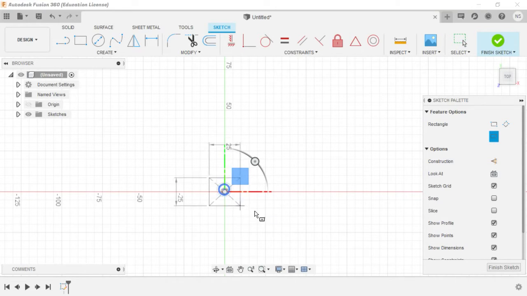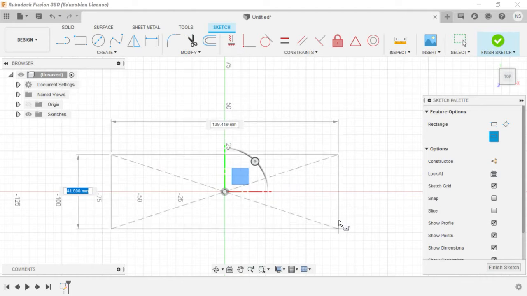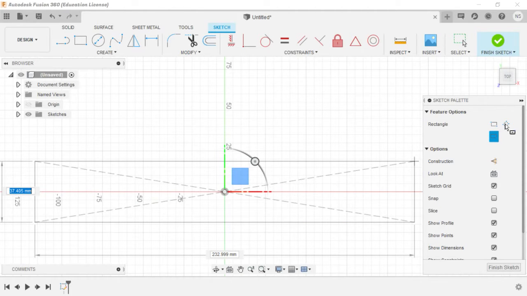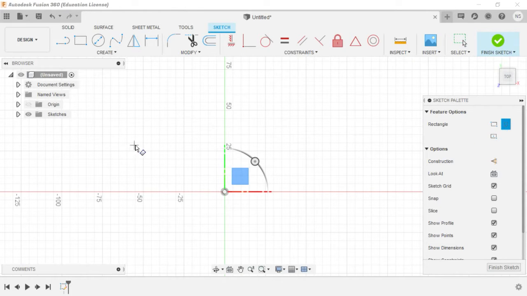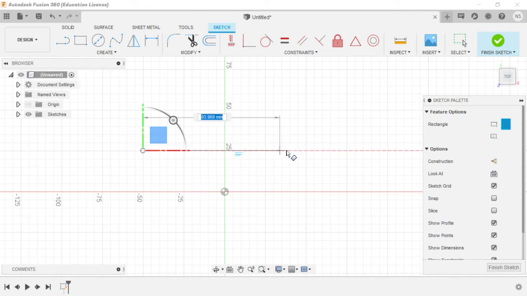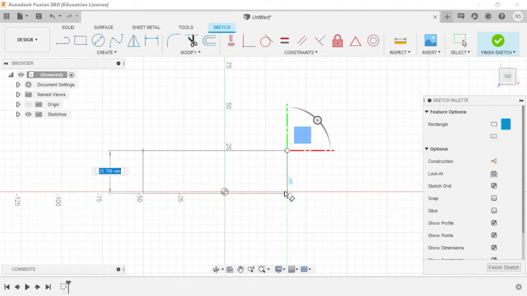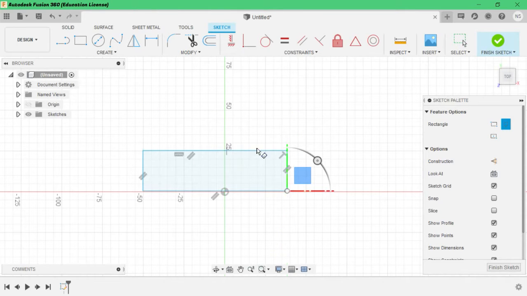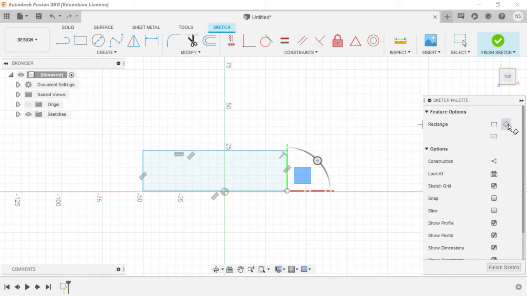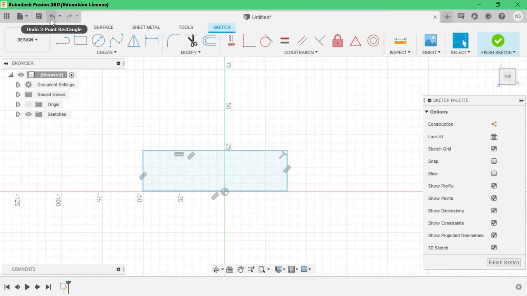You can start from the mid like this, and this is the 3-point rectangle. While creating, we use only 3 points to create a rectangle. This is called a 3-point rectangle. So the 3-point rectangle is good to start.